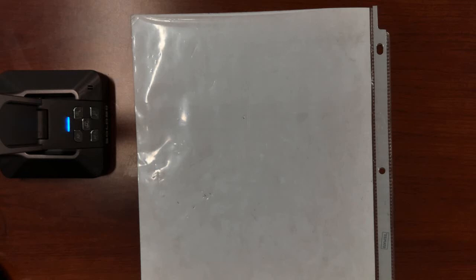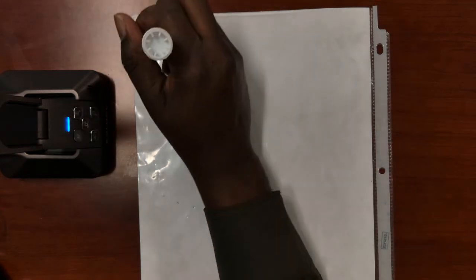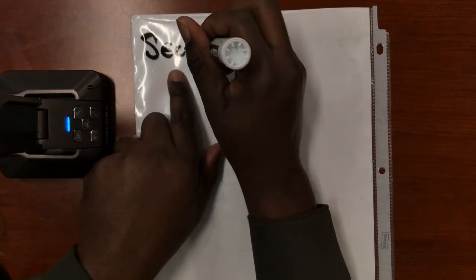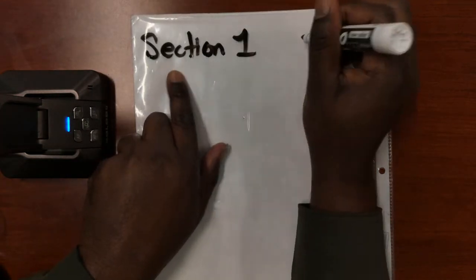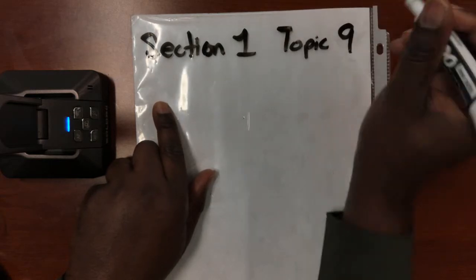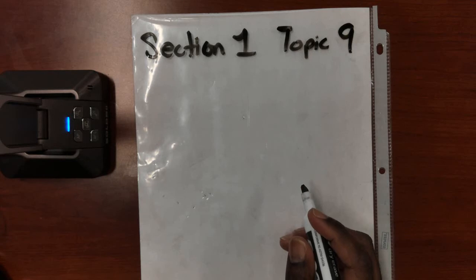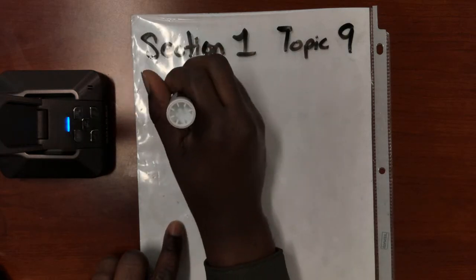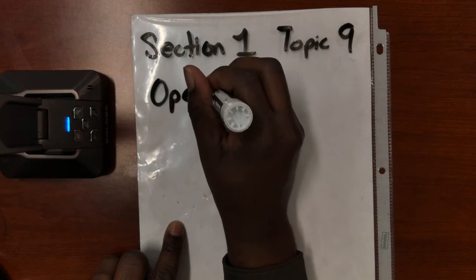This is coming out of the course workbook, and this is dealing with section 1. We are going to go to topic 9. Okay, so section 1, and this will be topic 9. And this is about operations on polynomials part 2. We're going to do part 1